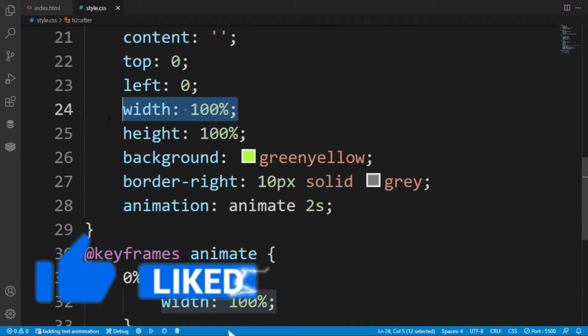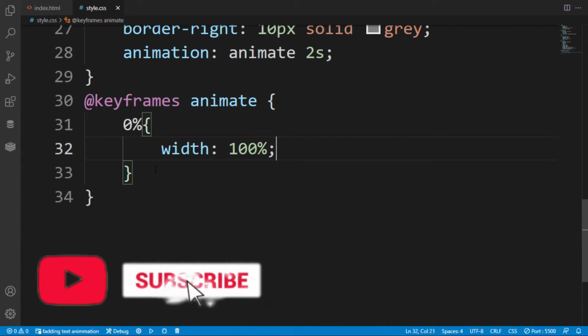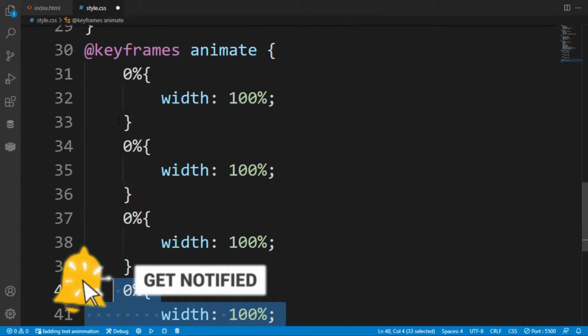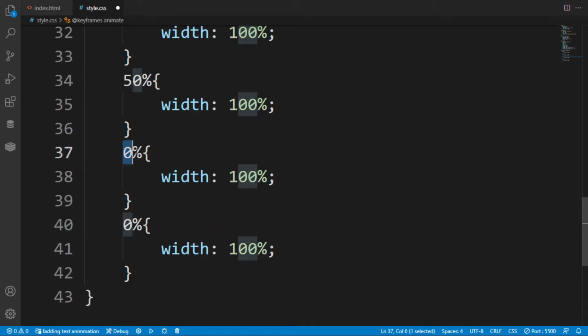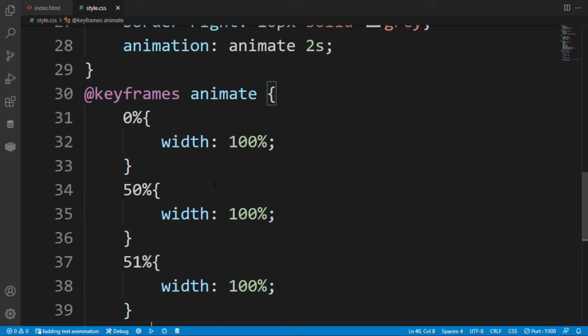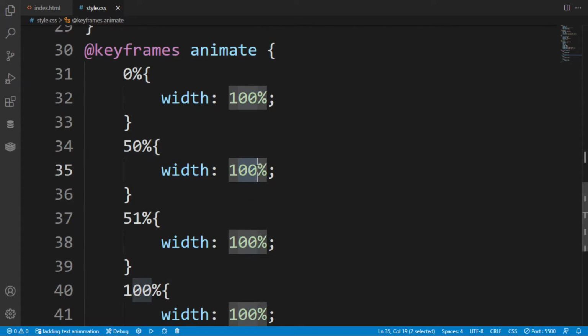As you remember, initially it is also 100%. So here I have created four sections: 0%, 50%, 51%, and 100%. After saving it, let's decrease this value to 0.